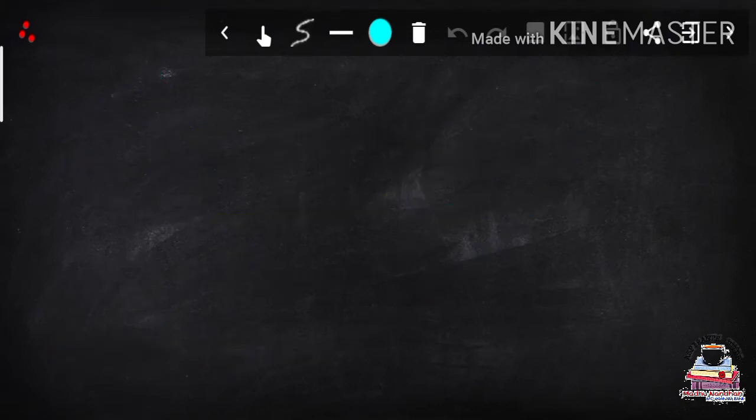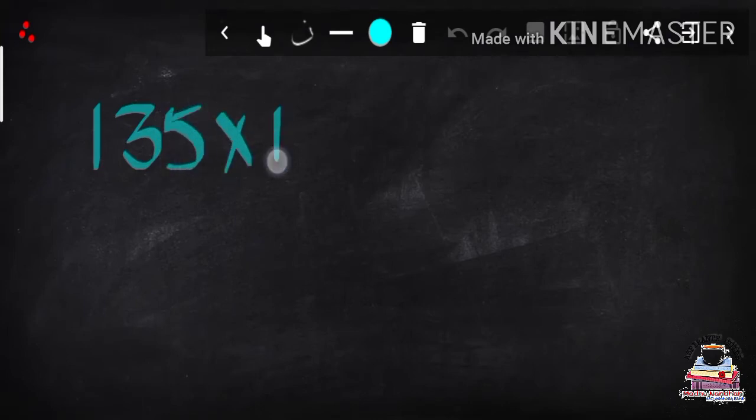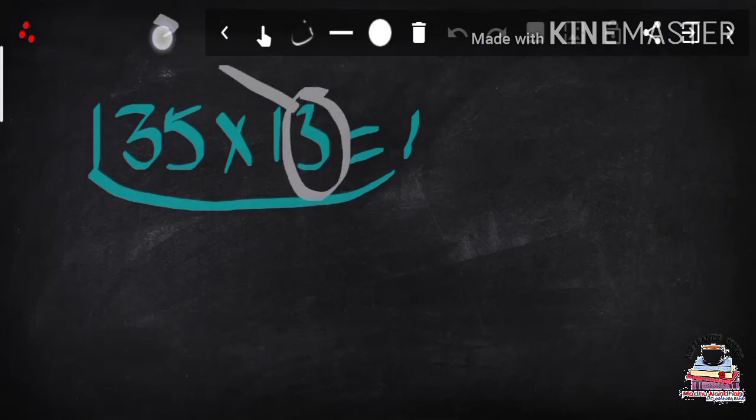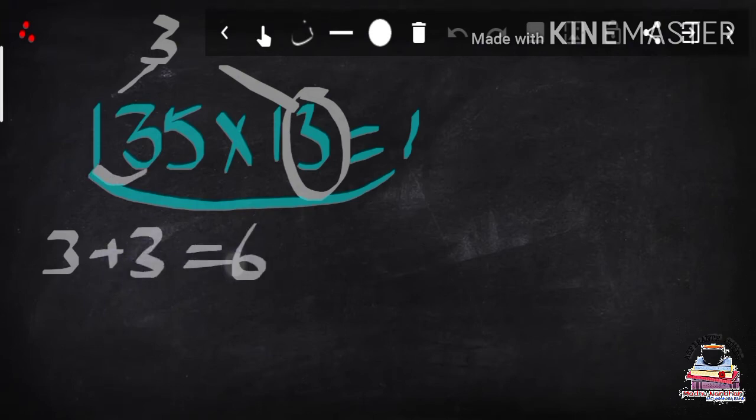Okay, now let us see one more example to understand it clearly. Here I am multiplying 135 into 13. In this, take the first digit of the given number as the first digit of our answer, and to get the remaining digits, multiply with 3. First I multiplied 3 with the first digit of the given number, that is 1, so I got 3, and then I sum up with the next digit, that is 3, and we got 6.